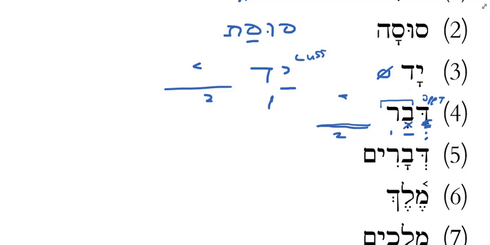Okay? So how would I say the word of the Lord? With that vowel pointing here. Devar Adonai. How would I say the word of Moses? Devar Moshe. Okay? So normally, davar, long A's, but devar, short, and reductions.